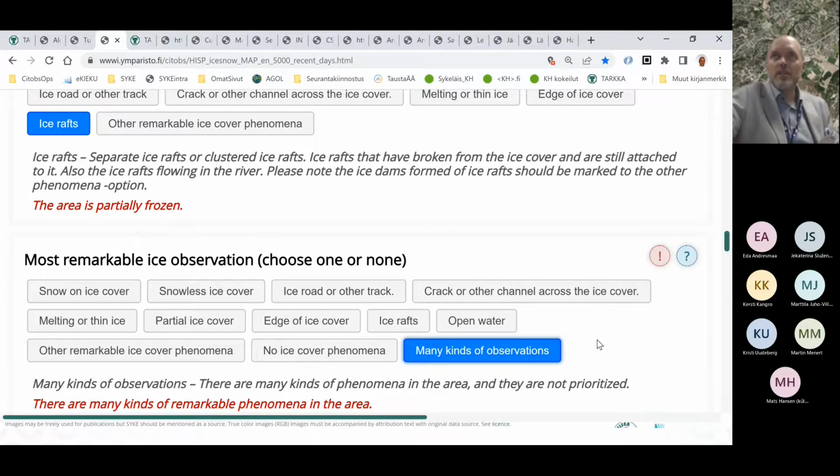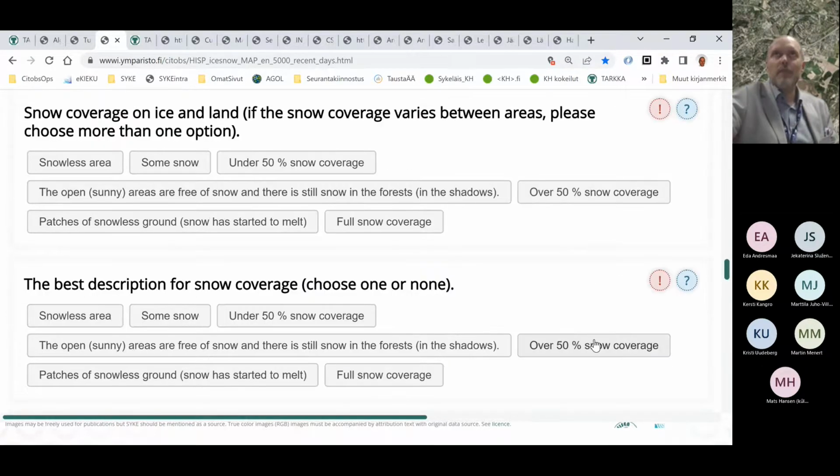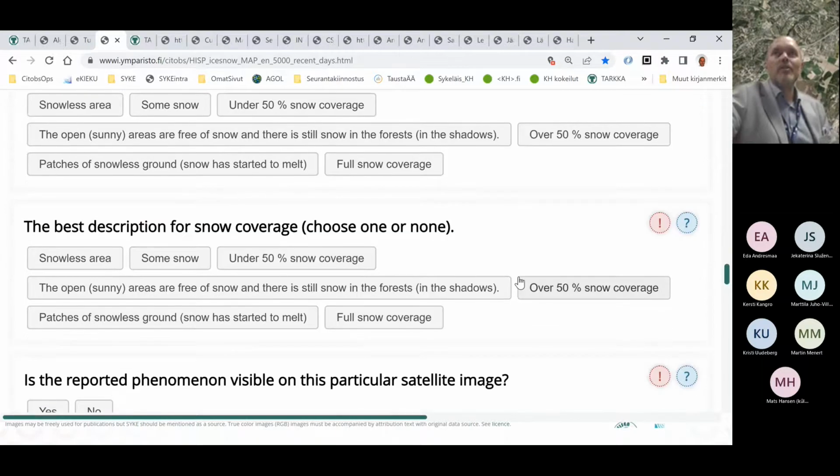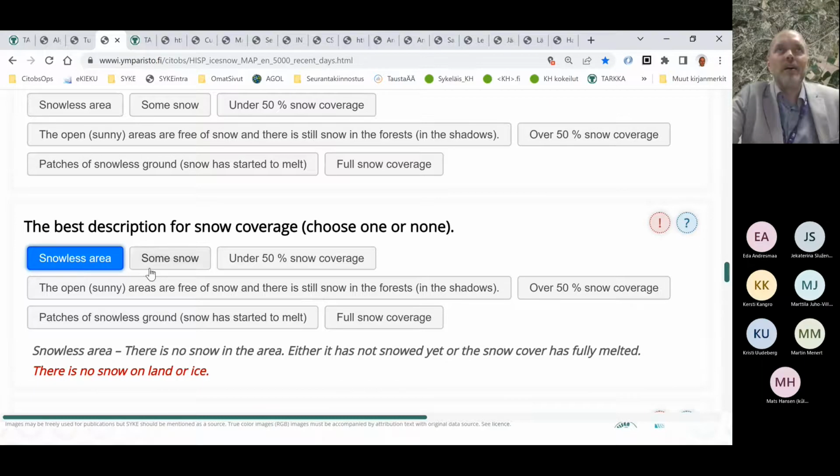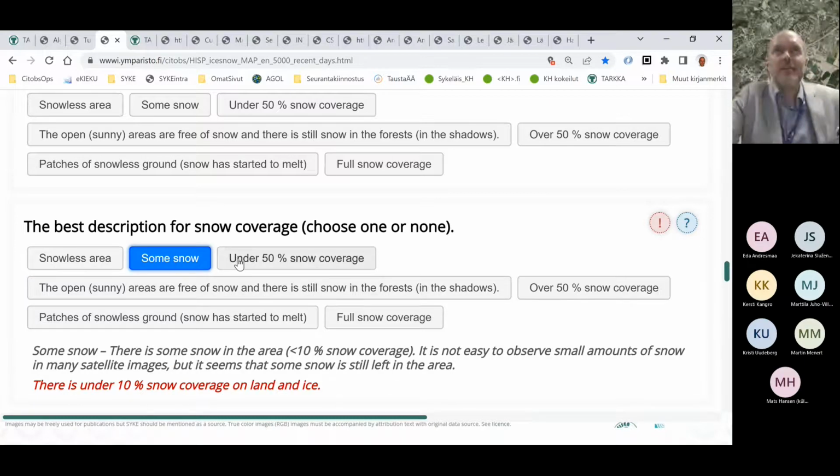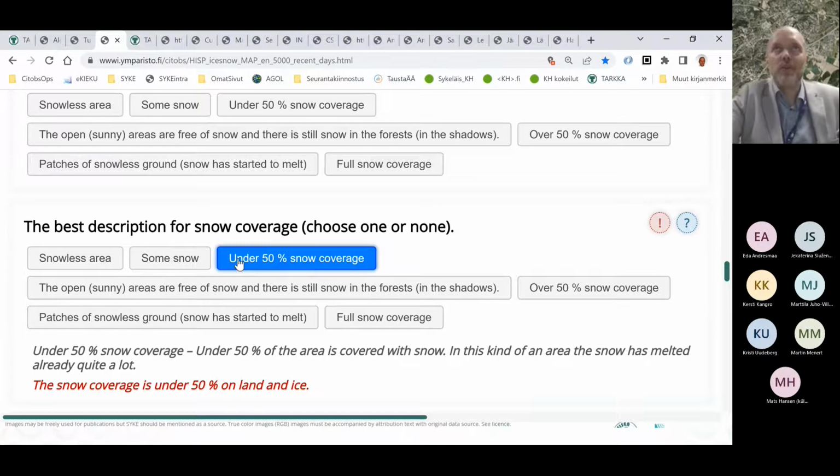I don't see any hands, so I guess that we could briefly go through the snow-covered part, because, as said, we are gathering the information of the snow cover at the same time, it is also possible to highlight what is the snow cover on land areas around the lakes and around the sea. And basically, you could actually select one of these things as a classification for the whole area, or the cross